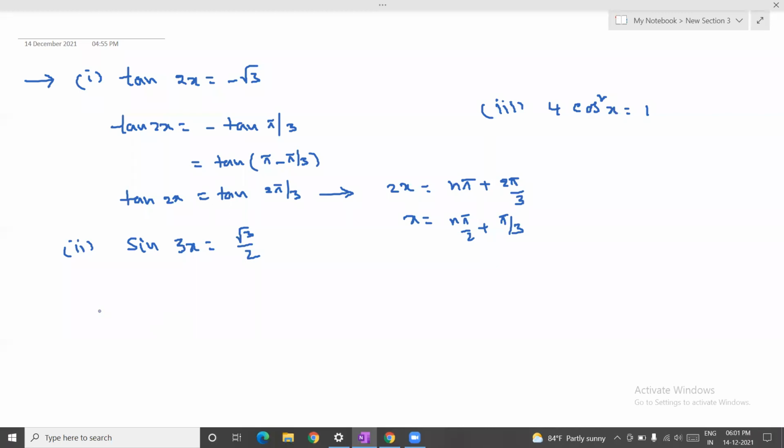Same as sine 3x also. Because in the first quadrant, you can take the value itself right away. So sine 3x will be equal to sine pi by 3. So the general solution of 3x is equal to n pi plus minus 1 whole power n, times pi by 3. So the general solution of x is n pi by 3 plus minus 1 whole power n, times pi by 9. Hope you are clear what I am doing. Is it clear? First two questions. Anyone having any doubts in the first two questions? Students, please.